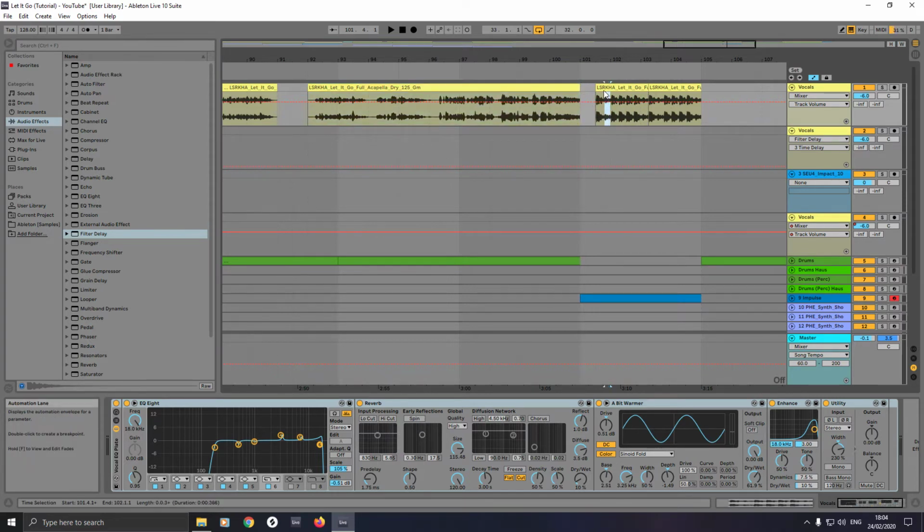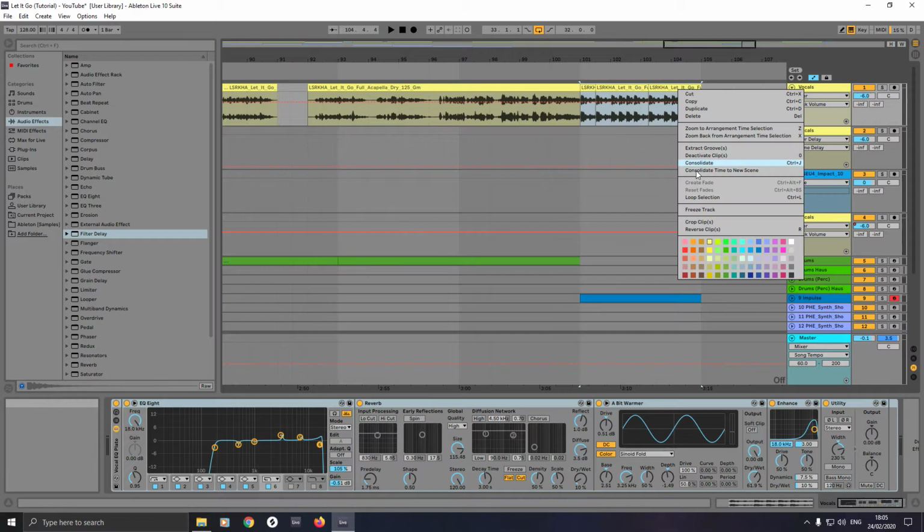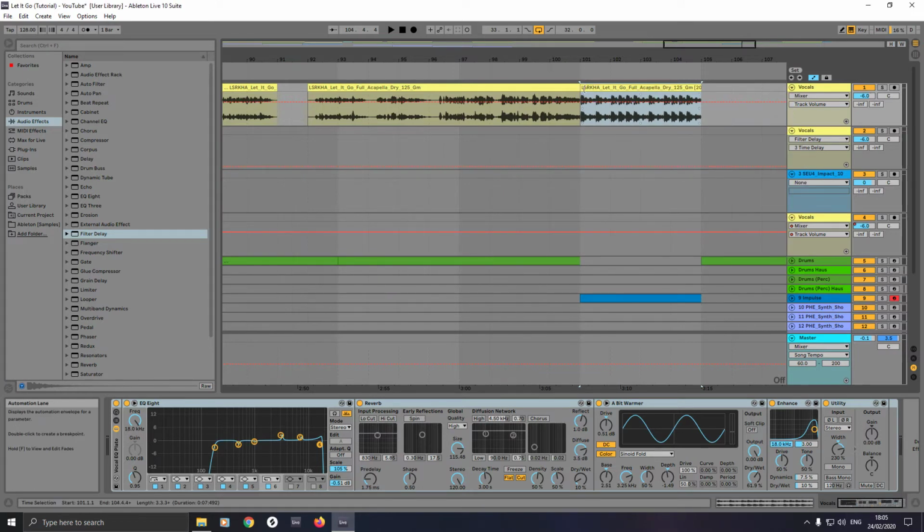Then what we will do is highlight that much, and we'll drag it out by holding control and just put it there, hold control and do that, right click and consolidate, just tidies up our thing. Now if we play it back, we just take a bit off the acapella here and move it over to the start. If we play it back now,